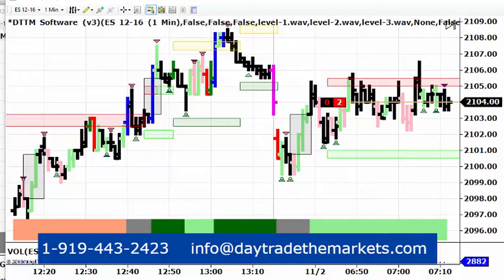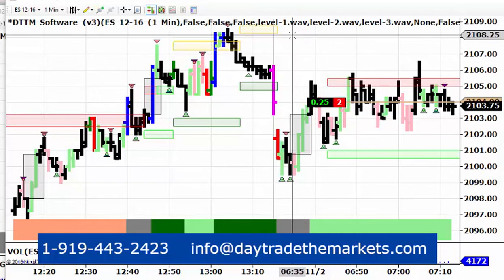We've just been filled short here on two contracts in the E-mini S&P December contract at 2104 even. The market, of course, had a big down day yesterday. This is Wednesday, November the 2nd. So we're looking for a bit of a probe up. This probe up that we had in here,